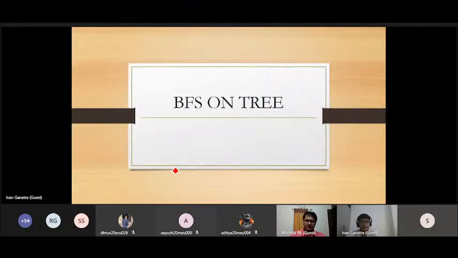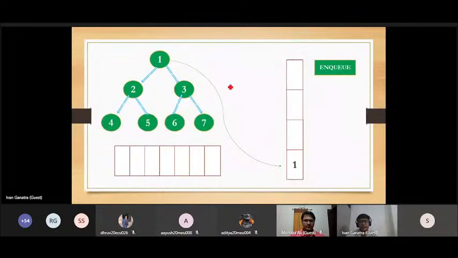बाकी है? Yes, sure. ओके, सो डीएफएस कंप्लीट होने के बाद लेट्स स्टार्ट विद बीएफएस। यहाँ पे हमको देखना है कि हमारे रिक्वायरमेंट क्या है। फर्स्ट रिक्वायरमेंट है कि हमको लेवल 0 मतलब हमारा डेप्थ 0 होगा उनके सारे एलिमेंट्स को प्रिंट करवाना है, देन लेवल 1 के सारे एलिमेंट्स को प्रिंट करवाना है, देन लेवल 2 के सारे एलिमेंट्स को प्रिंट करवाना है। जिनका ऑर्डर होगा 1 सबसे पहले प्रिंट होगा, फिर 2 एंड 3 प्रिंट होगा, एंड देन जो सेकेंड लेवल पे एलिमेंट्स होंगे 4, 5, 6 एंड 7 इनको प्रिंट करेंगे, राइट।